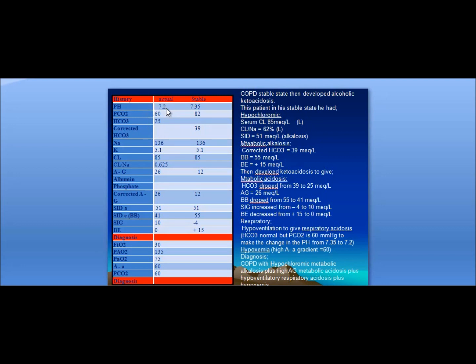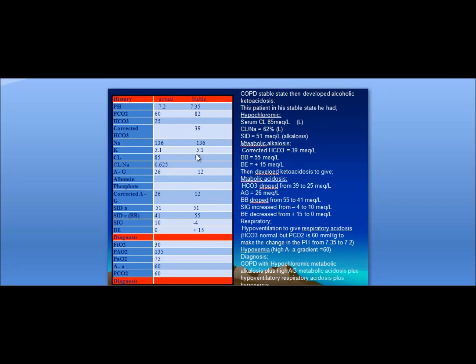We'll discuss it later. The second item is chloride. Hypochloremia, 85. Chloride to sodium is 62%, normally 74. So this is hypochloremia. And with this hypochloremia, when you come to the corrected bicarbonate, or the previous bicarbonate in stable state, 39. So this patient in stable state was having hypochloremic metabolic alkalosis. Strong ion difference is 51, more than 40. So this data says that this COPD patient, in his stable state, was